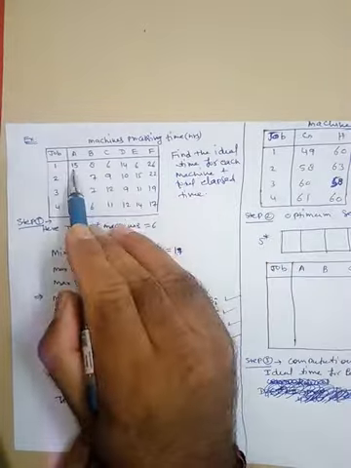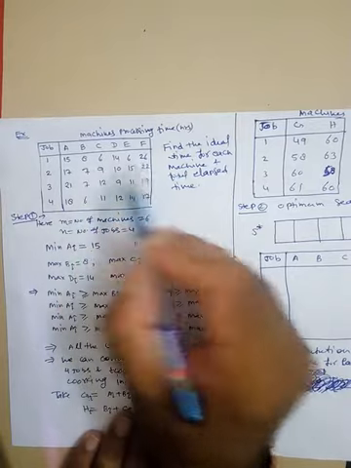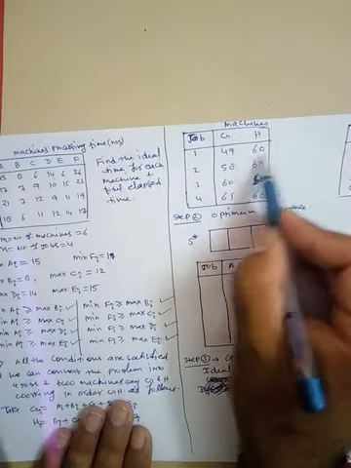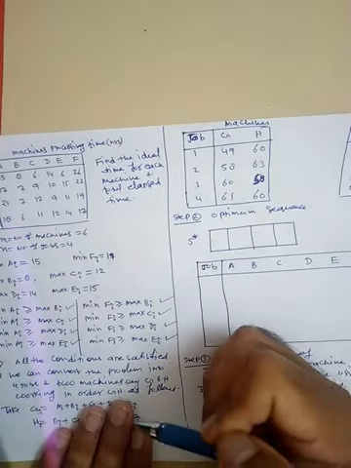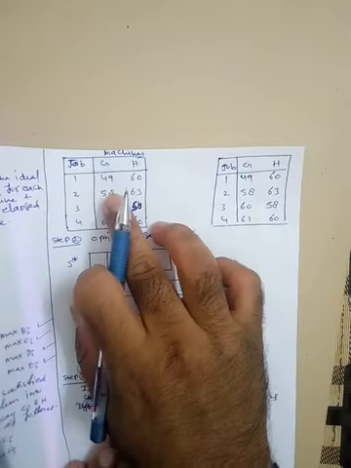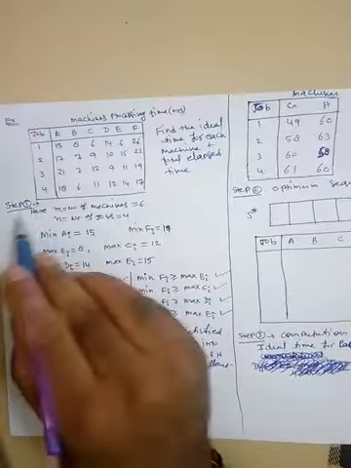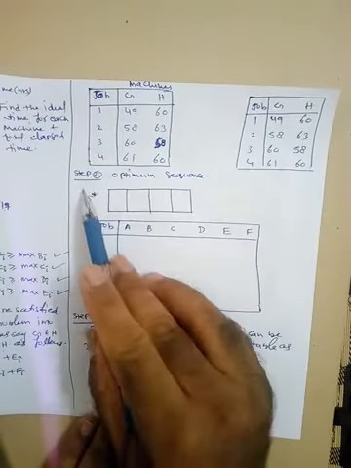So here we have taken the sum from here to here, which is written here. Similarly, here from 8 to 26 we have taken the sum which is written here, and similarly for the rest of the jobs. So this is the processing time. Fine. Now this is step number 1. Now constitute step number 2.